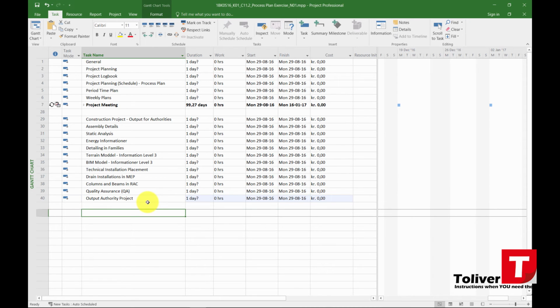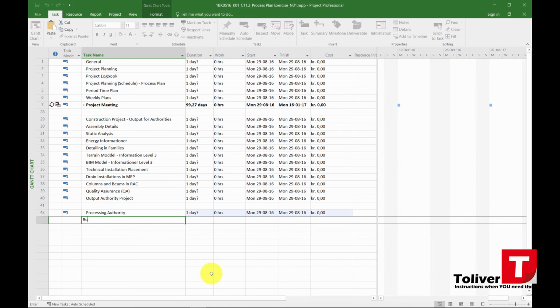Then I have something that is called processing authority. Under processing authority, I have my building permit,